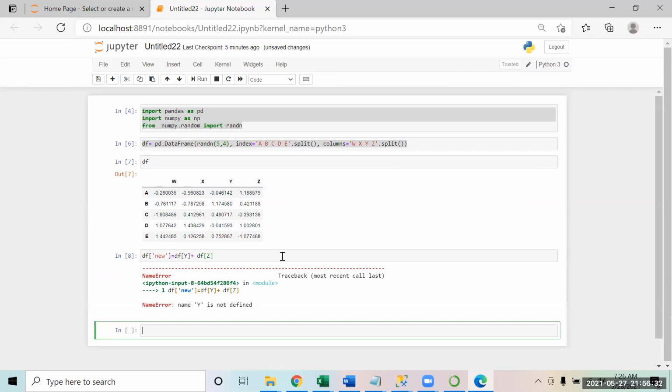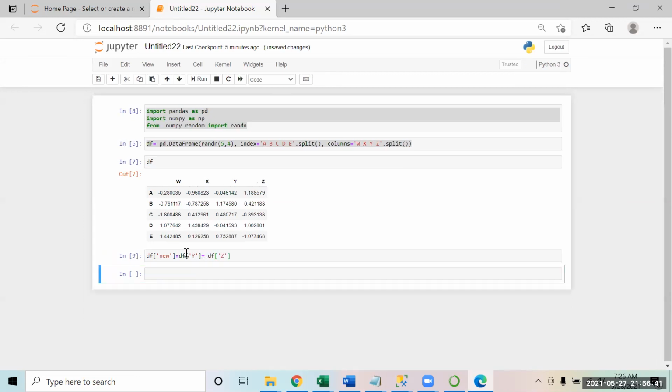So y is not defined. Sorry, make it right. So we all made this. All of you please add a new column in it.